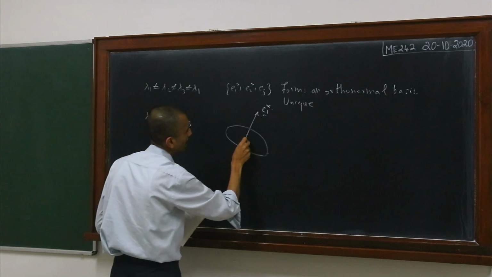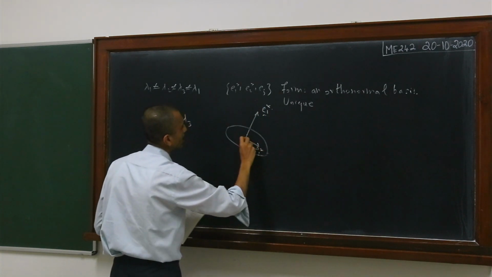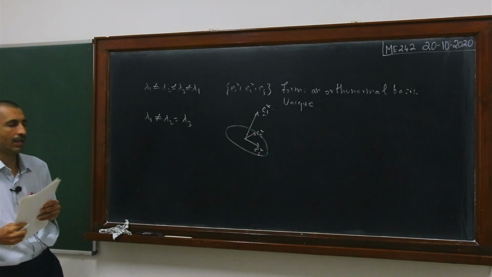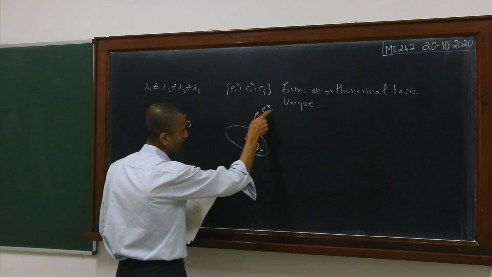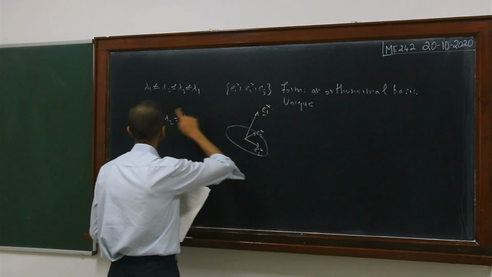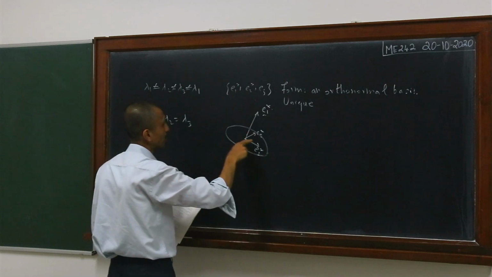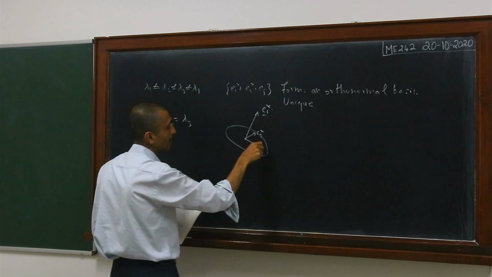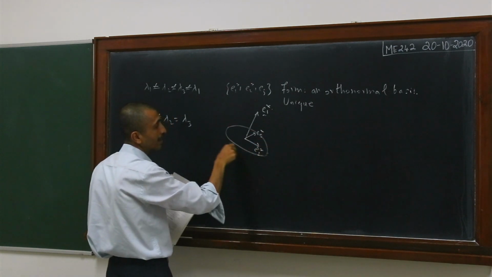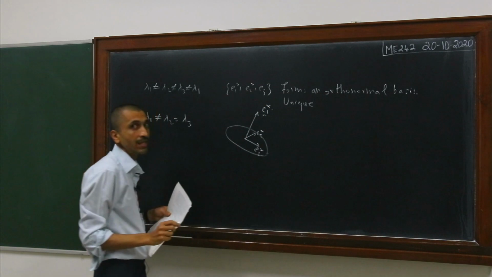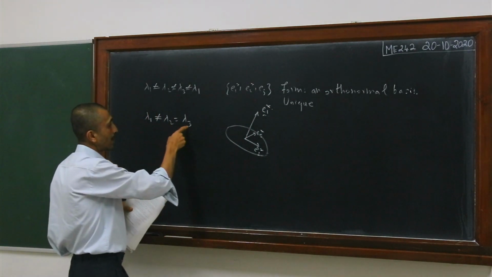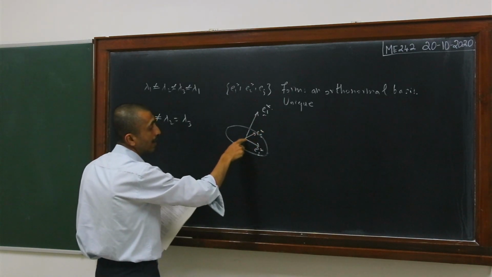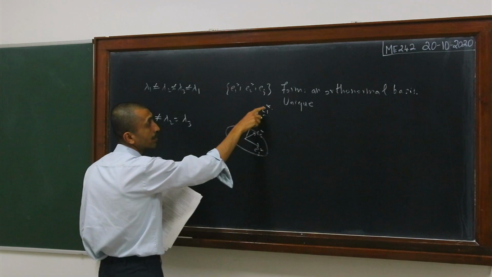If you take the plane that is perpendicular to E1 star, then E2 star and E3 star can be chosen in that plane. So the eigenvector corresponding to lambda 1 is unique, but the eigenvectors corresponding to lambda 2 and lambda 3 are not unique. What we showed last time is that any vector in the plane perpendicular to E1 star is an eigenvector corresponding to this repeated eigenvalue, and hence we can choose E2 star and E3 star as mutually orthogonal to each other and also orthogonal to E1 star.